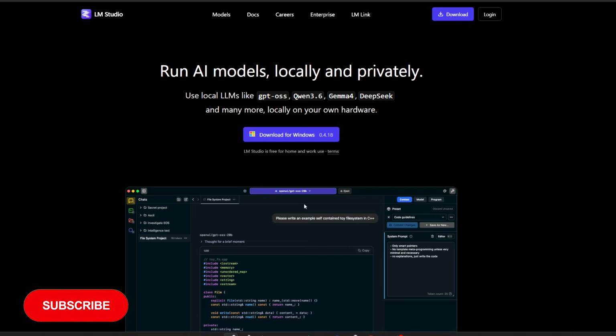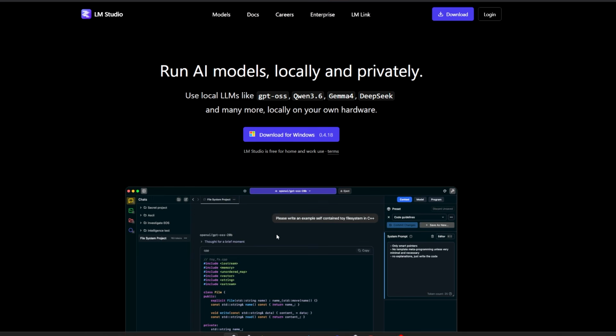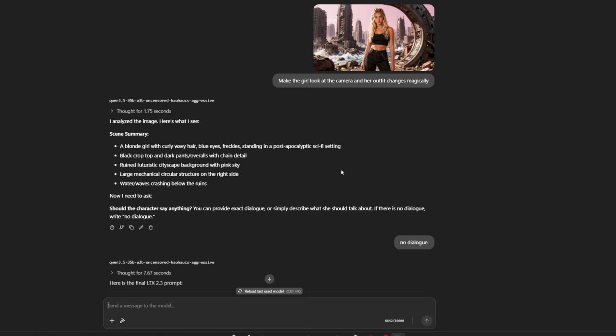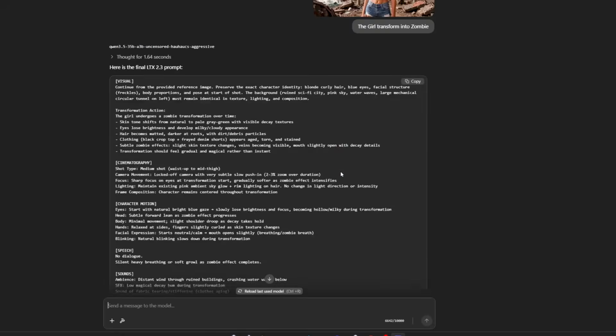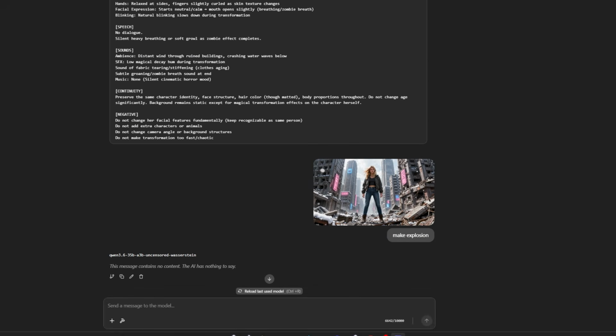So, what do we need for this? First, if you are not familiar with LM Studio, just go to the official LM Studio website and download the application for your computer. LM Studio is basically a convenient interface for running local LLM models. Of course, you can also use something like Ollama or other terminal-based tools, but for me personally, LM Studio is